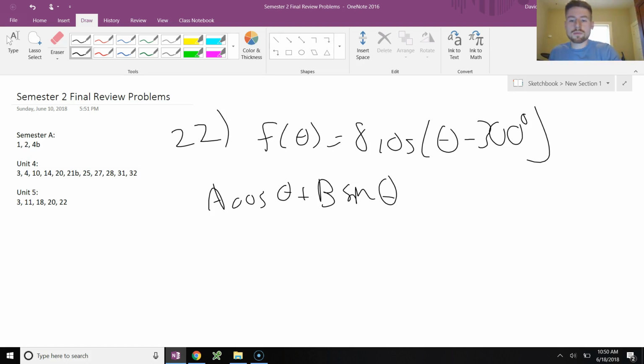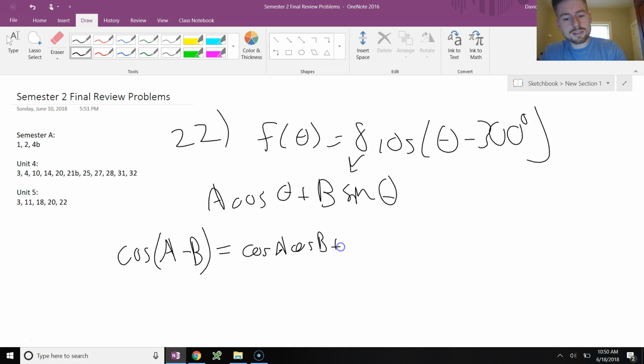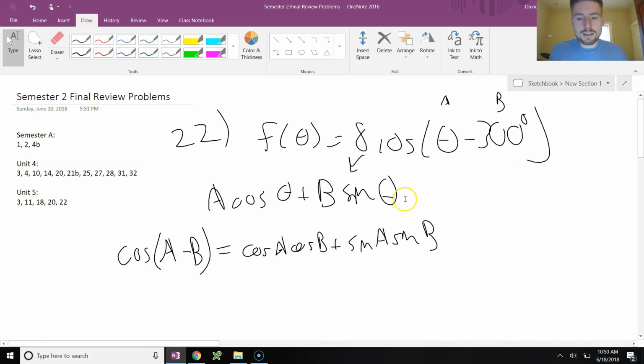So to go from the single cosine to the linear combination is actually not too bad. You just have to apply the cosine of an angle difference identity. Remember, cosine of A minus B is equal to cosine of A cosine of B plus sine of A sine of B. And we've got theta and 300 as our A and B. So this is A and this is B. Okay, so we're going to just apply this